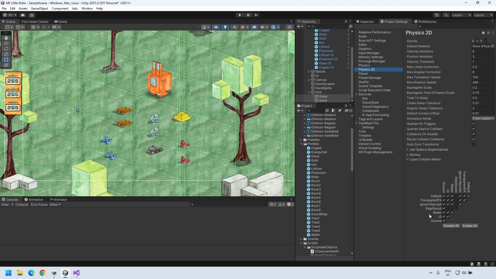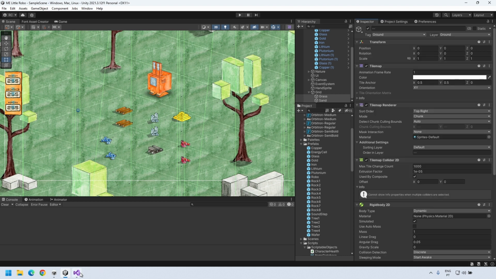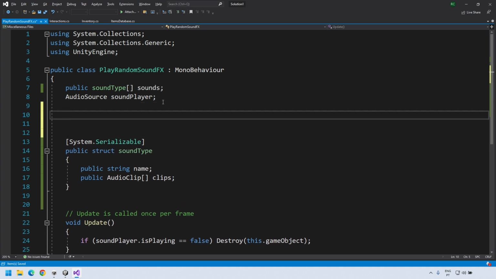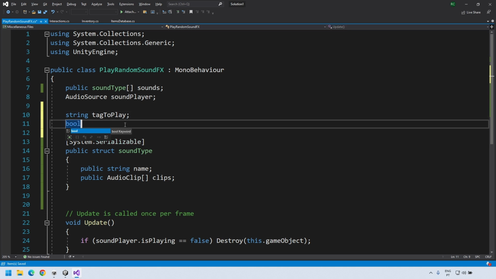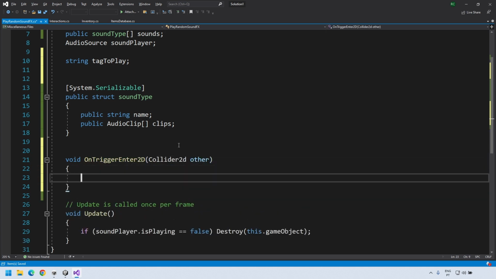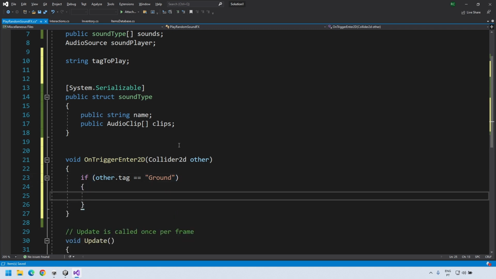Return to Visual Studio to finish the detection process. We will need some variables to hold information about the type of sound and if the player has already started to play the sound. String tagToPlay. Void OnTriggerEnter2D, Collider2D other. We make sure we are colliding with a ground tag: if other.tag is equal to ground, and then we set the tag with the name of the ground sprite. tagToPlay equals